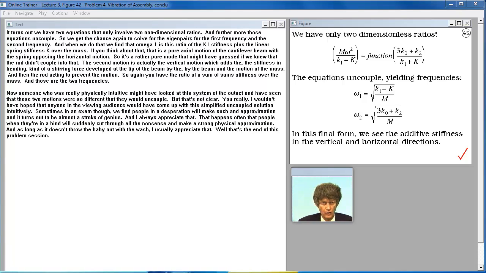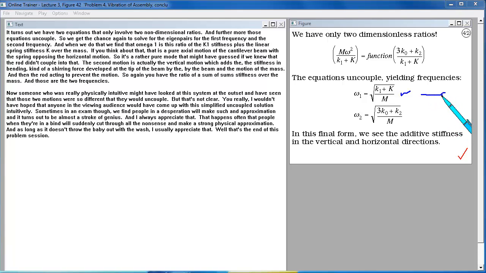It turns out we have two equations that only involve two non-dimensional ratios. And furthermore, those equations uncouple. So we get the chance again to solve for the eigenpairs for the first frequency and the second frequency. And when we do that, we find that omega 1 is this ratio of the K1 stiffness plus the linear spring stiffness K over the mass. If you think about that, that is a pure axial motion of the cantilever beam with the spring opposing the horizontal motion. So it's a rather pure mode that we might have guessed if we knew that the rod didn't